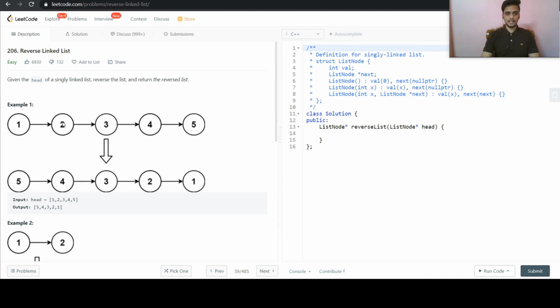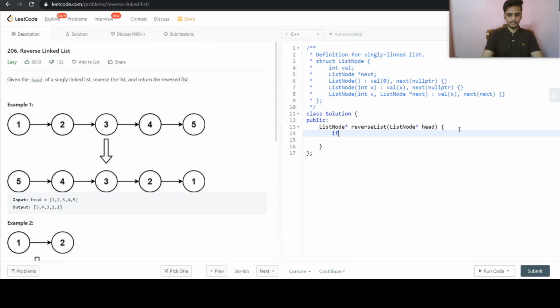So this way we will reverse all these node next values to the previous nodes, and our linked list will be reversed. Only the head's next node will be pointing to this one, and at the end of this loop we will make it point to null. So we will then have a reversed linked list. This is how we are going to proceed.